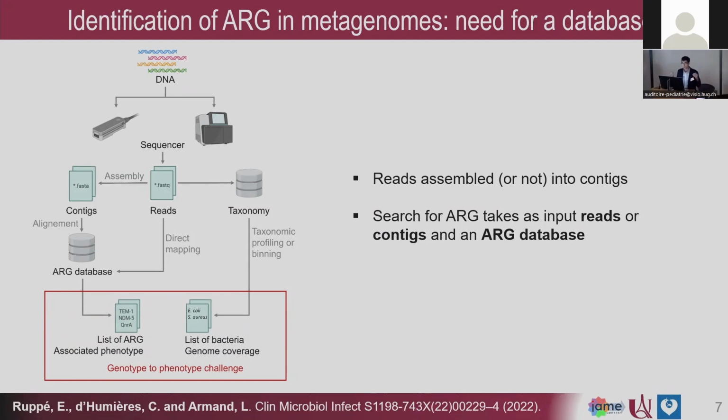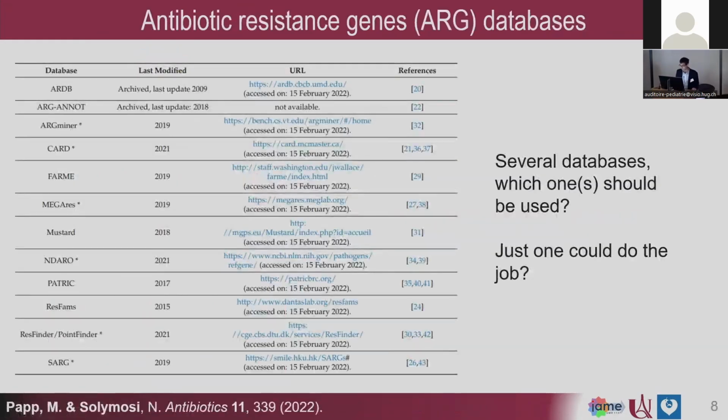Then you have to use a specific database for antibiotic resistance. And the good news is that we have plenty of them. I'm showing you here a summary of a review that was just published last year. We have several antibiotic resistance gene databases. And so the question is, which one should we use? They're pretty different. Some have not been updated in years. Some are just combinations of databases, like ResFinder or MEGARes. Some have been collecting genes, not really from pathogens, but from metagenomic data. This one, for instance, is a database we published a few years ago, which is predictions of antibiotic resistance genes